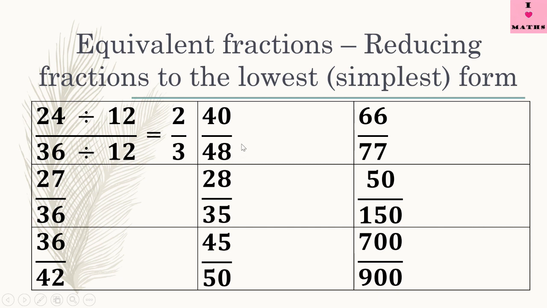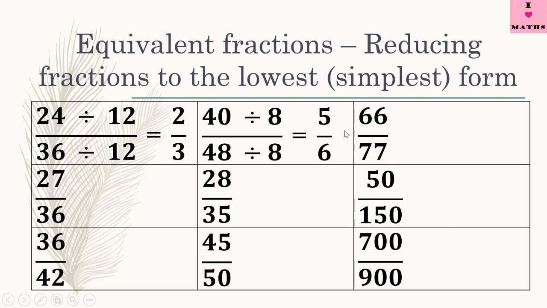Right. So, should we do it by 4? No. There is the table of 8 which is bigger than 4. In the table of 8, 40 and 48 both come. So 40 divided by 8 is equal to 5. 8 5s are 40. And 48 divided by 8 is equal to 6. 8 6s are 48. Right? So 5 upon 6, is it in the lowest form? Let us see whether 5 upon 6 is in the lowest form.